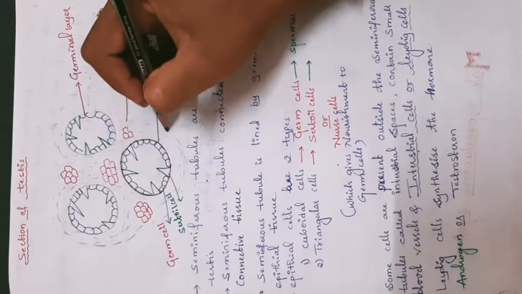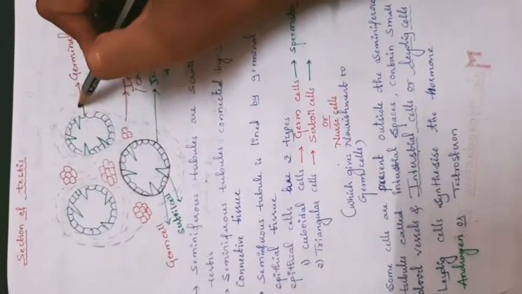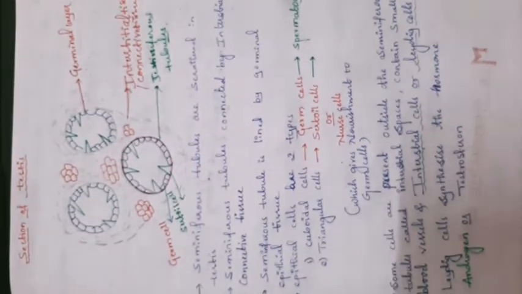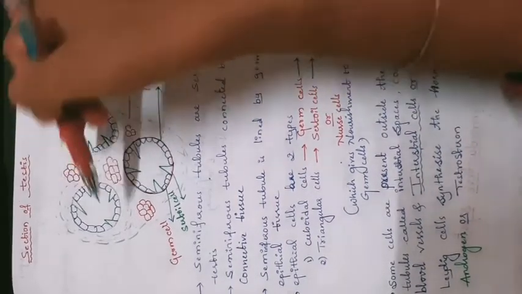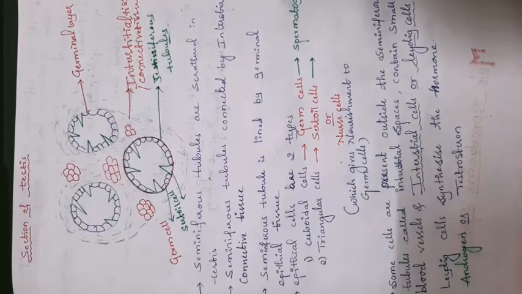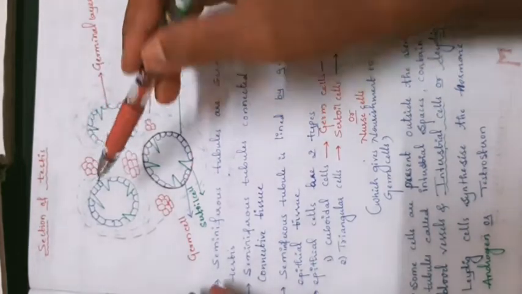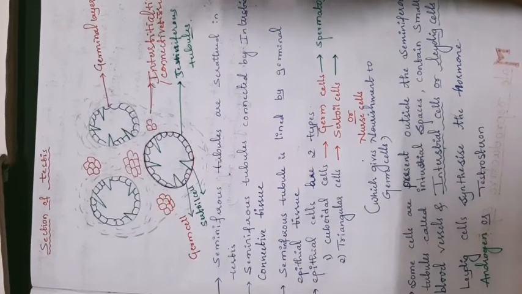where the interstitial connective tissue has a group of specialized cells. Some cells are specialized, present outside of the seminiferous tubule. That space is called the interstitial space. Okay, sorry, in that interstitial space or the interstitial tissue, some blood vessels are present. Those connect the interstitial cells.